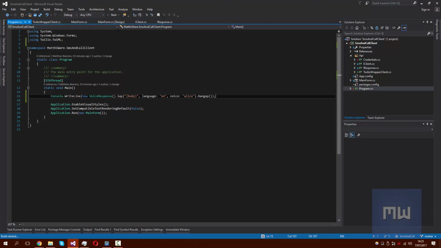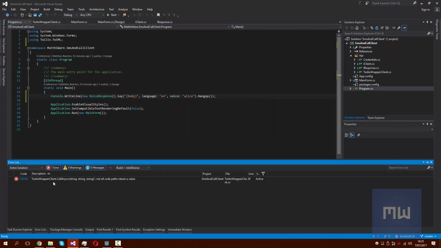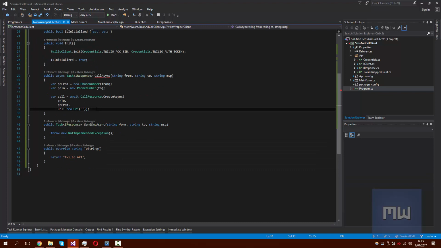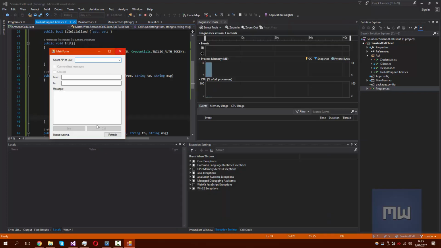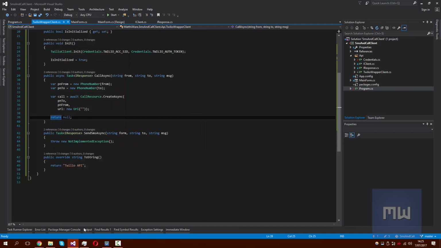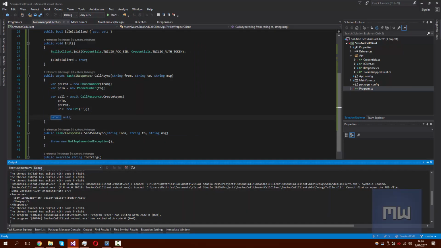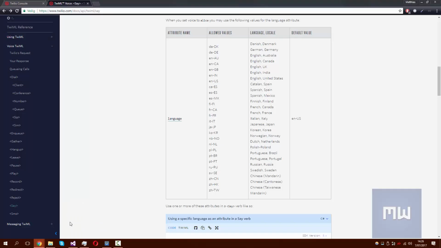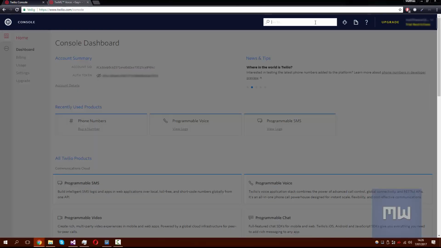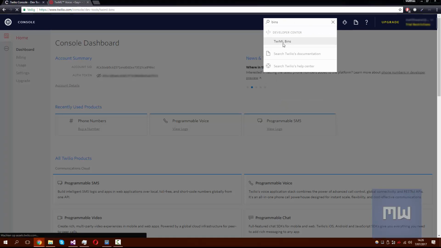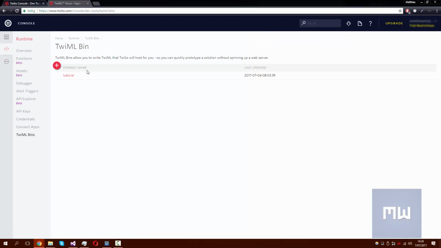Now let's see, start up the project here. Oops. Yeah, my bad. Just quickly say return null, just so we can use it quickly. Okay, that's our program. Now go to the output, and in here we now have our response. So go back to your console. We have done everything. And now in here, we want to search for bins, the markup language bins. This will provide us a way to